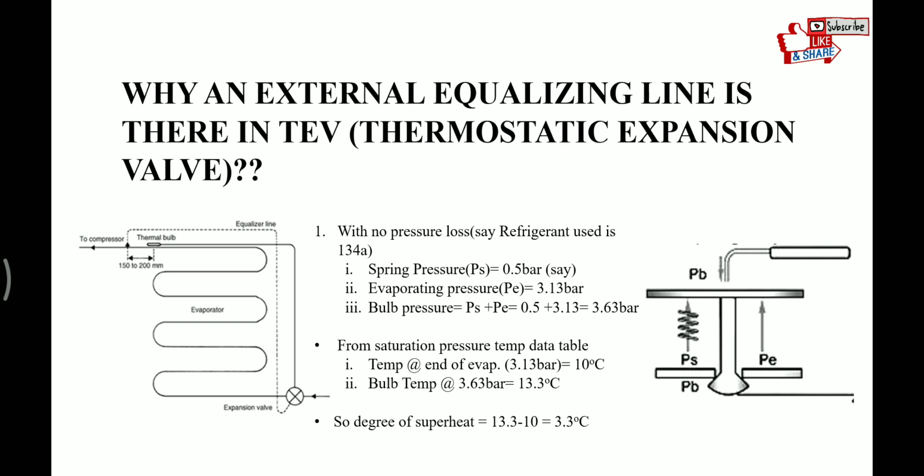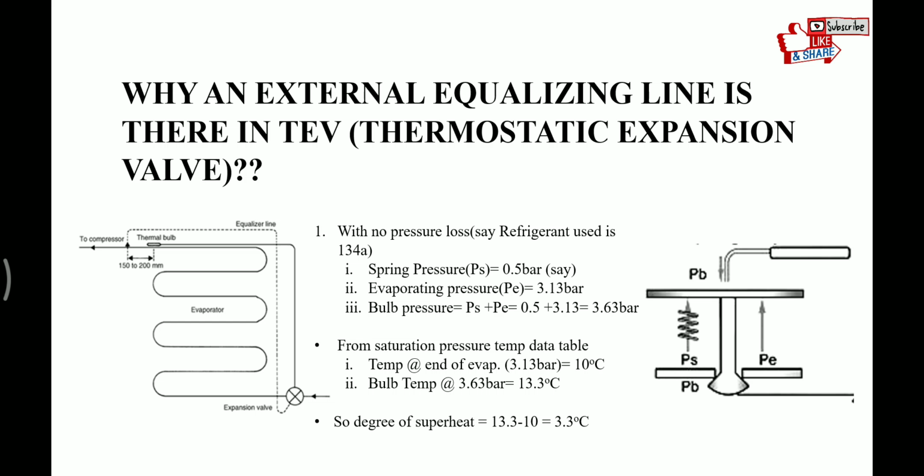So let's see. I'll try to explain this concept in three conditions. One, with the evaporator where there is no loss in pressure. Other will be with the evaporator which will have pressure loss but the equalizing line won't be there. That condition will tell you why we need the equalizing line, and finally we'll see how the equalizing line helps in the evaporator to compensate for the pressure drop which takes place in large evaporators.